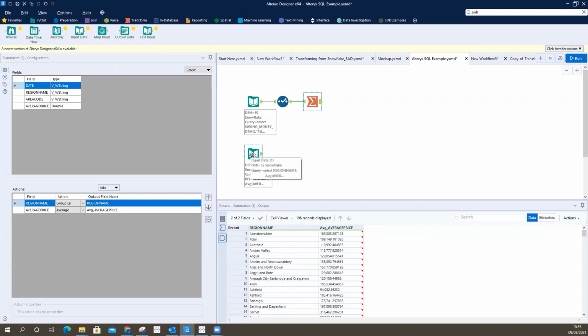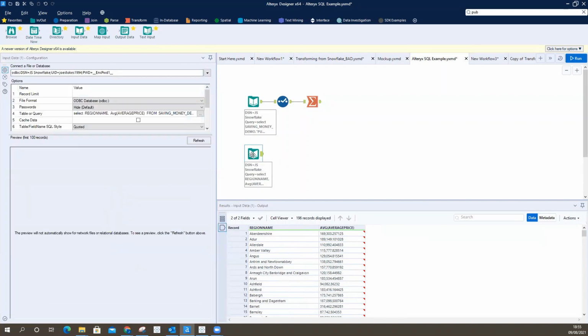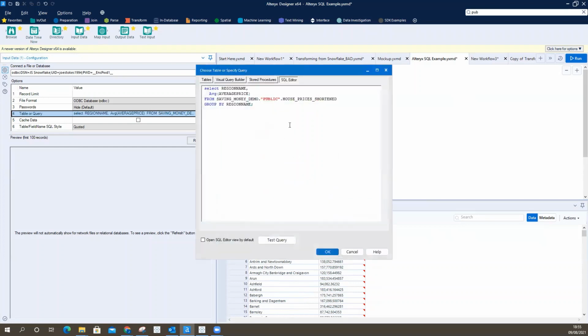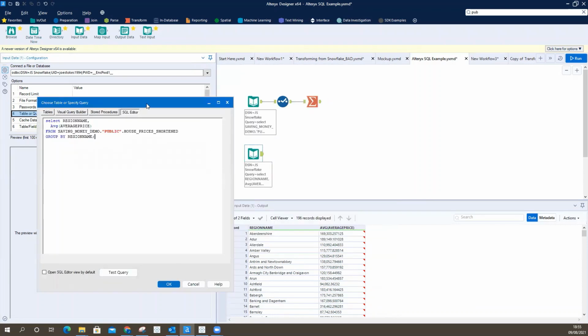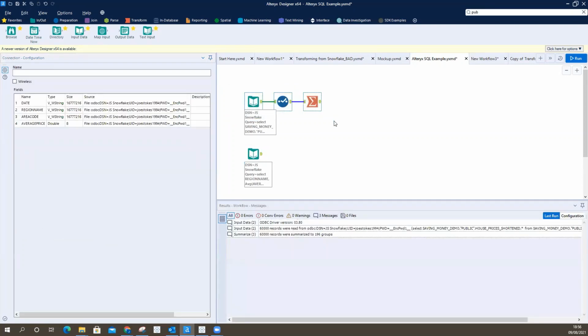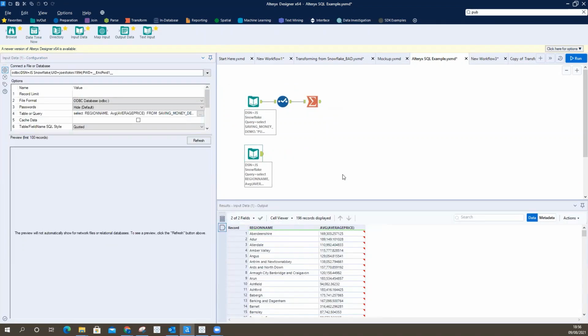What is a lot quicker and a lot more cost efficient is to do that kind of SQL in the back end. Write some custom SQL to tell Snowflake to not go in and take all of the data, but select region name. Instead of taking all of the data, we're saying I only want these first 2 columns. I want region name and I want the average price from the table that we've already seen in the query builder, and then do a group by on region name. So essentially, we've done exactly the same thing as these 3 tools in one tool,